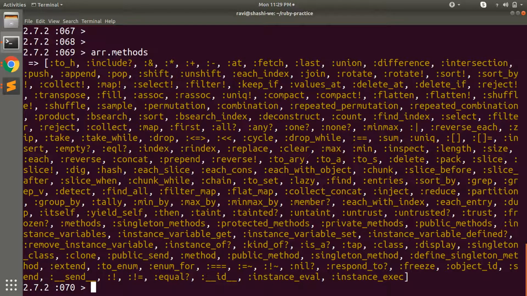So I'm not going to repeat all of these methods. You can try all these methods on your own, and let me know if there is any problem or whether you need help. I will definitely be happy to help you. But for now I'm just moving forward and leaving you with this set of methods, and you can try and practice at your own end.